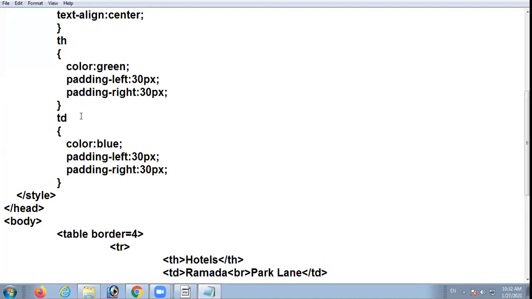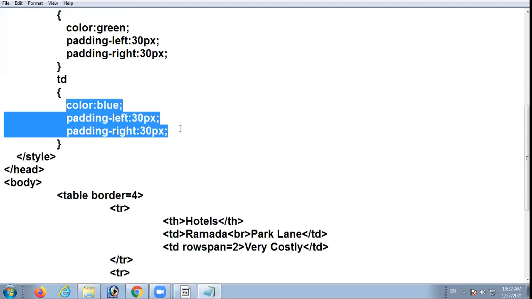Okay. Now moving to the next, TD, my data cell, table data. Which cell is known as the workhorse of the table? TD. TD is known as the workhorse of the table. Which tag is used to create a row? Table, TR, table row. Which tag signifies the descriptive title of the table? Caption.